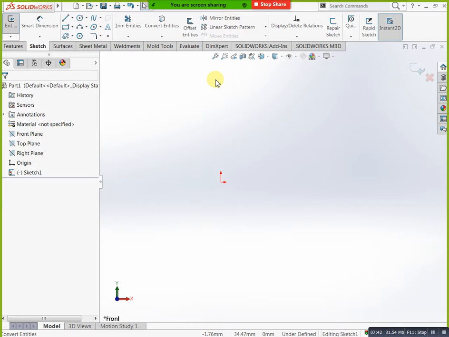Trim means nothing but removing. You can remove your extra lines, simply we say that. For removing an unwanted portion, we need the trim command.